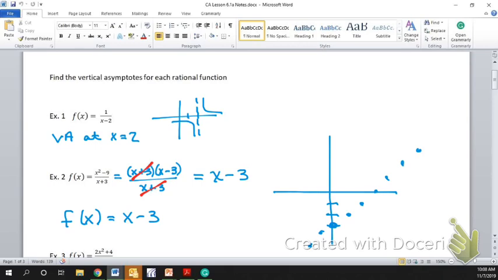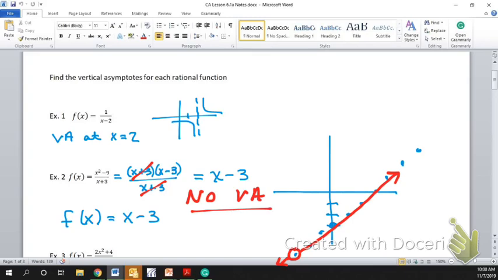So at -3, that would be this point down here, right? That one would be at -1. That one would be at -2. That one's at -3. So I have a hole. So right there, there's a hole in my graph. So does this thing have any vertical asymptotes? No, it has none. So on Hawks, they're going to state the vertical asymptotes, but you'll have an option of putting none. So there are no